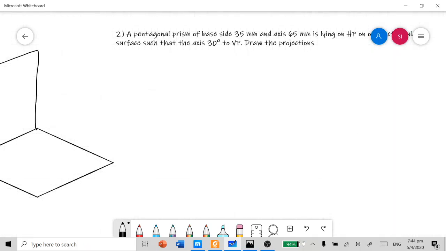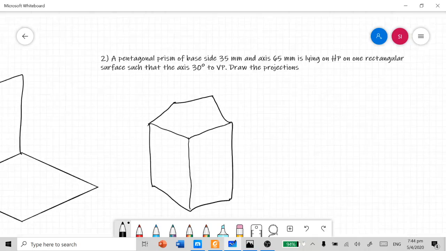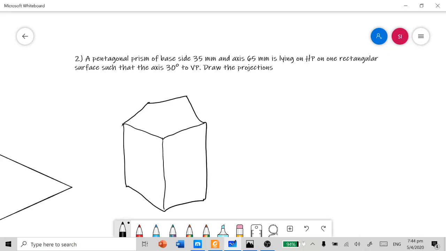In the pentagonal prism we have a total of 5 base edges, 5 face edges and 5 lateral edges, and in the problem itself they have given that this pentagonal prism is going to lie on HP by one rectangular surface.